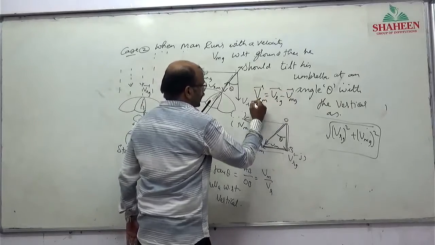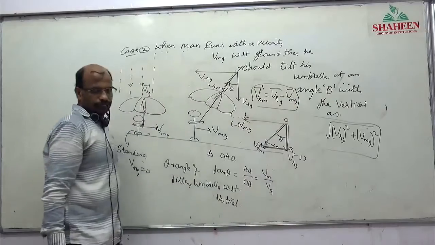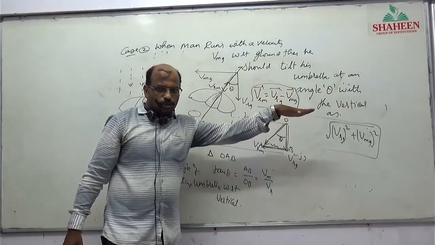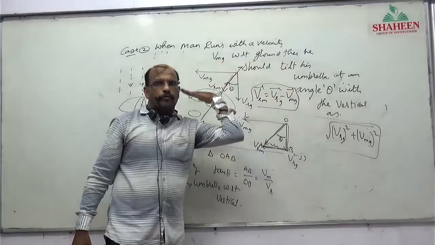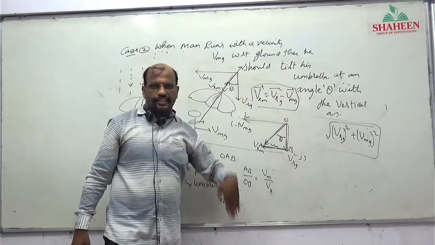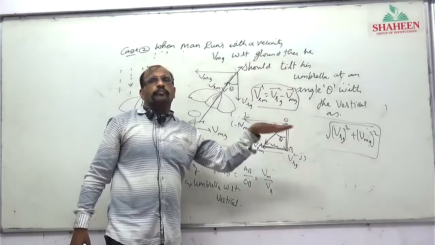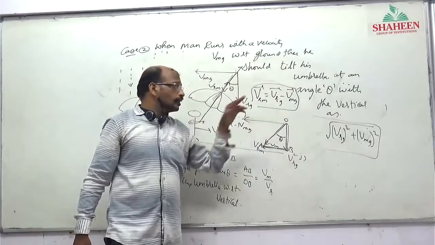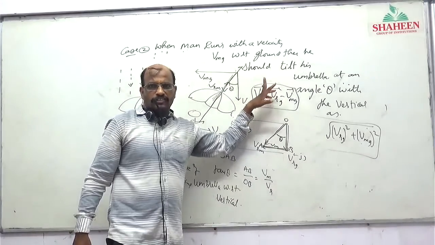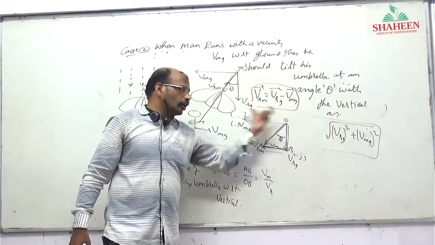To draw the vector diagram, I have taken Vm as negative. Minus Vm, that's why I have taken negative. Minus Vm, the man is running like this. To draw the vector diagram, I have taken Vm opposite. Understood? Vr I am not changing direction. This is downward only. But Vm's direction I am changing. Minus Vm. Why? Because we have the formula Vrm is Vr minus Vmg. So the direction of minus Vmg, I am making opposite.